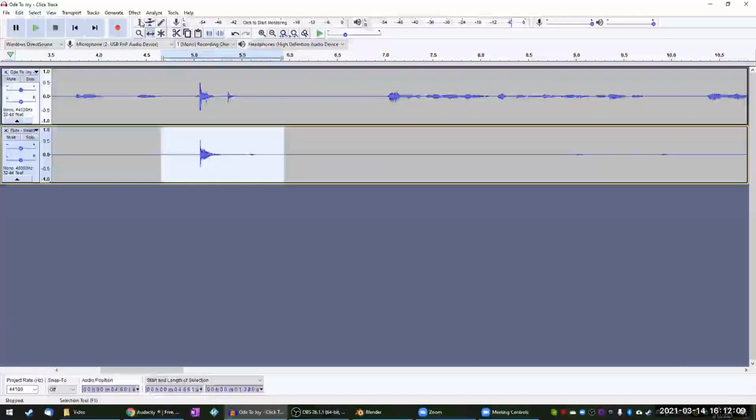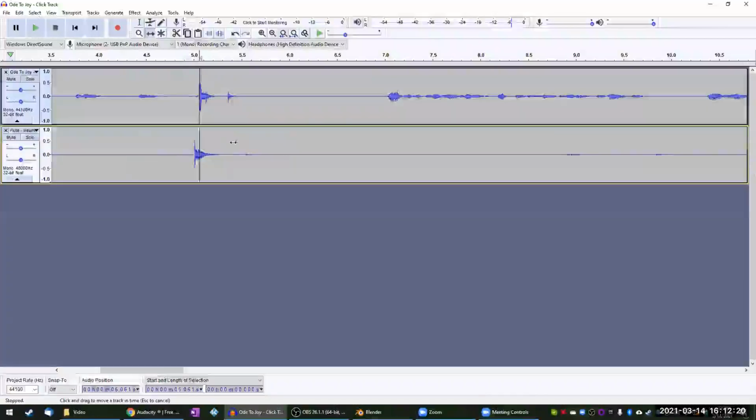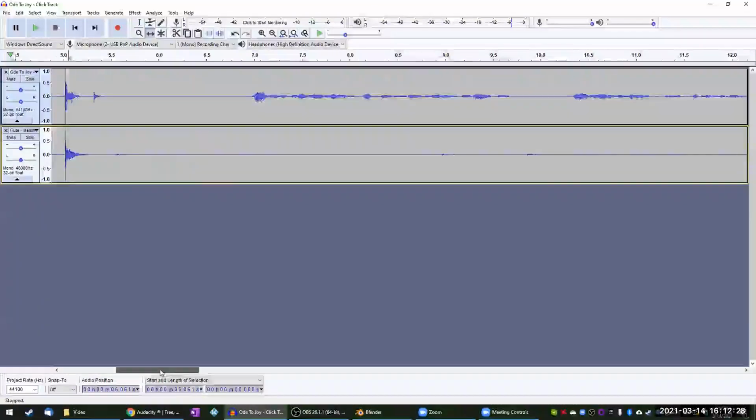And then to really get that dead on there, you can use the selection tool to click right where that beat would be. And then when you use your time shift tool again and click on that track below, there'll be a line that lets you see that and line it up. Now, this doesn't necessarily mean it's going to line up perfectly, because as you'll find out later, not everybody always claps at the exact same moment. So we do end up having to shift it around just a little bit more.